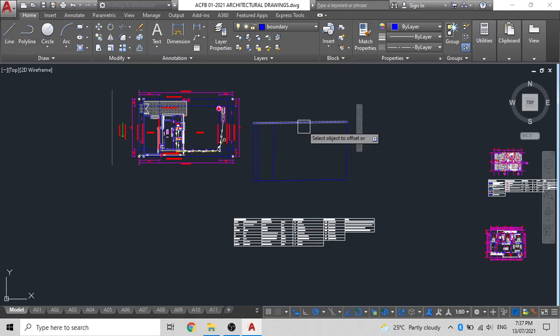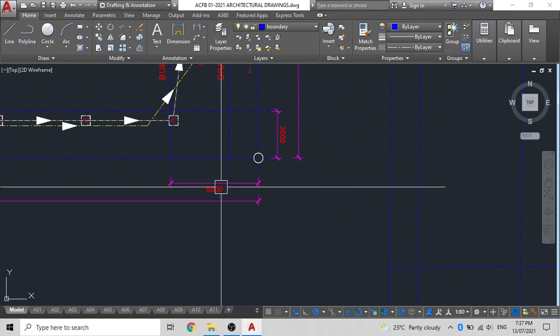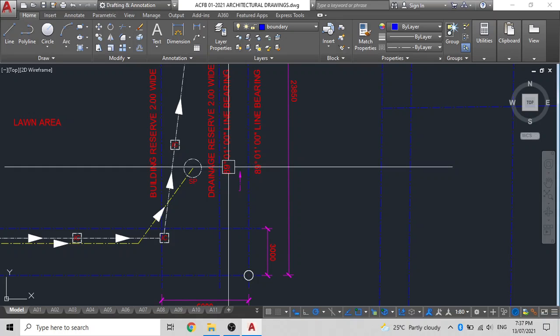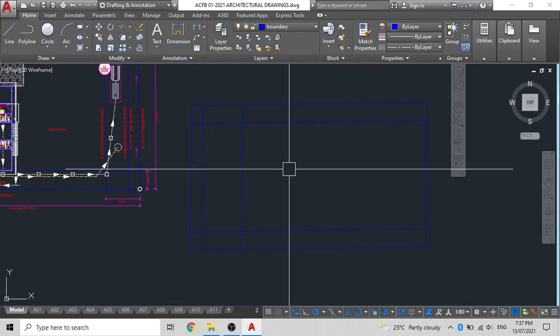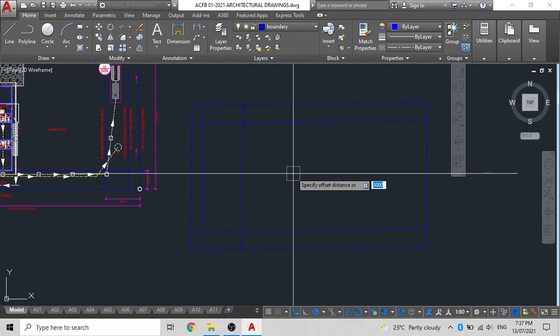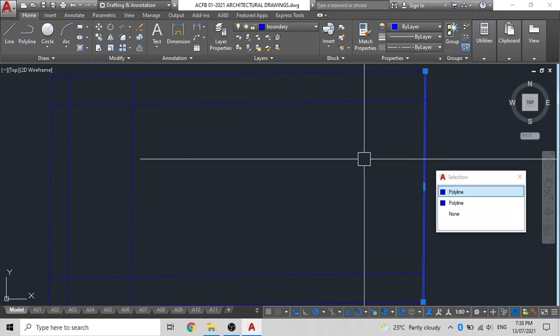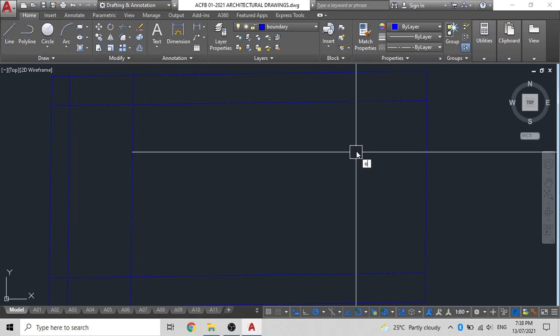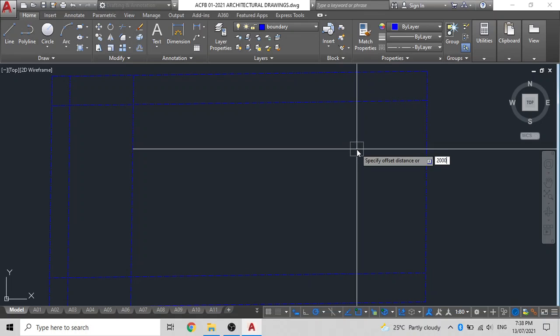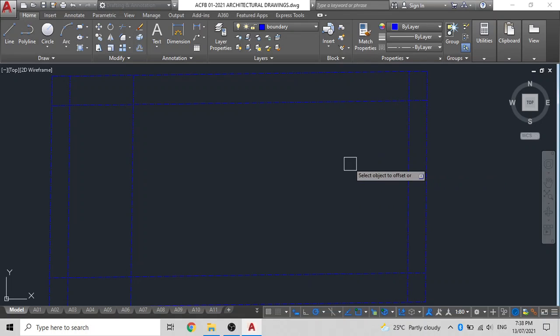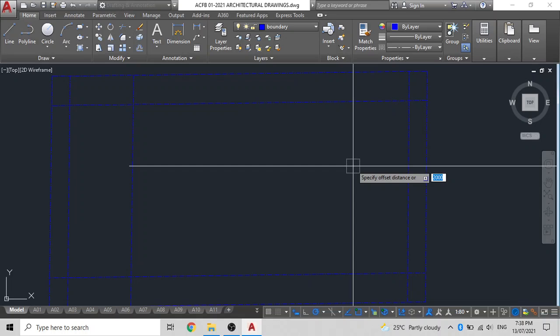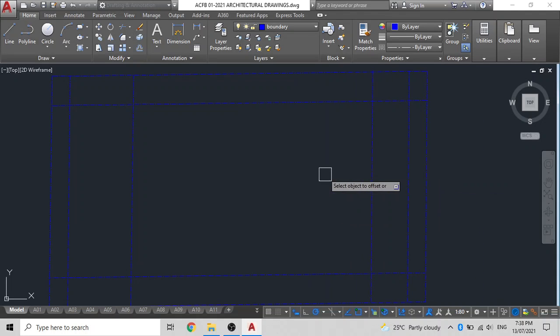So we'll do that. One for here, one for here. And the rear offset, we have another drainage reserve at the end, at the back here, of 2 meters. So we'll just enter our drainage reserve first. I gave the wrong distance, my apologies. Then we'll offset our line by 6 meters, like so.